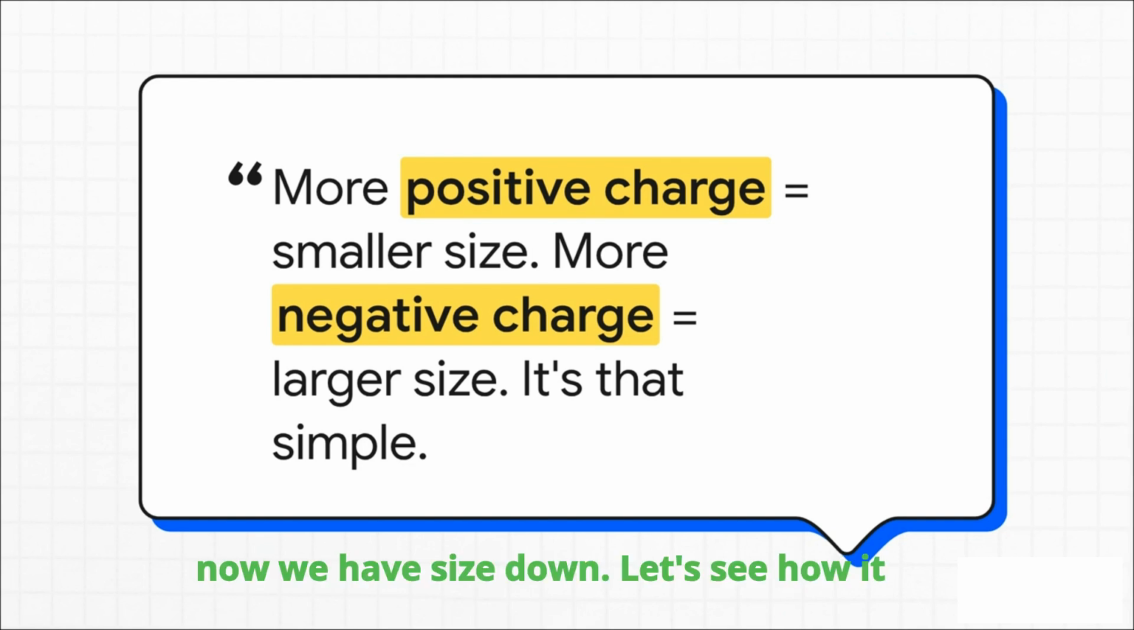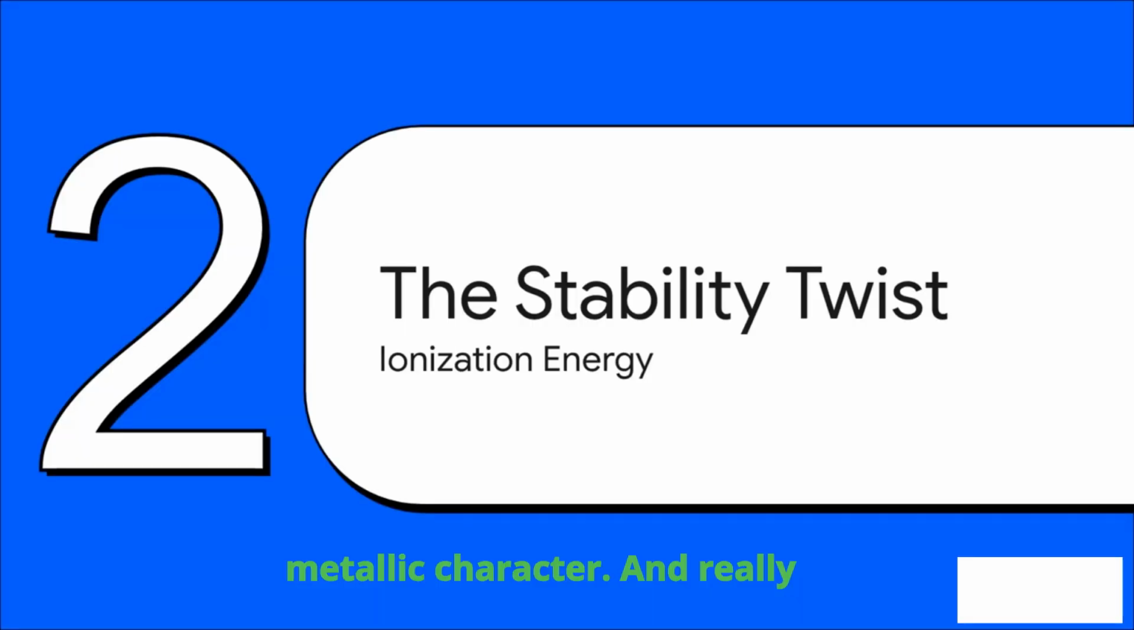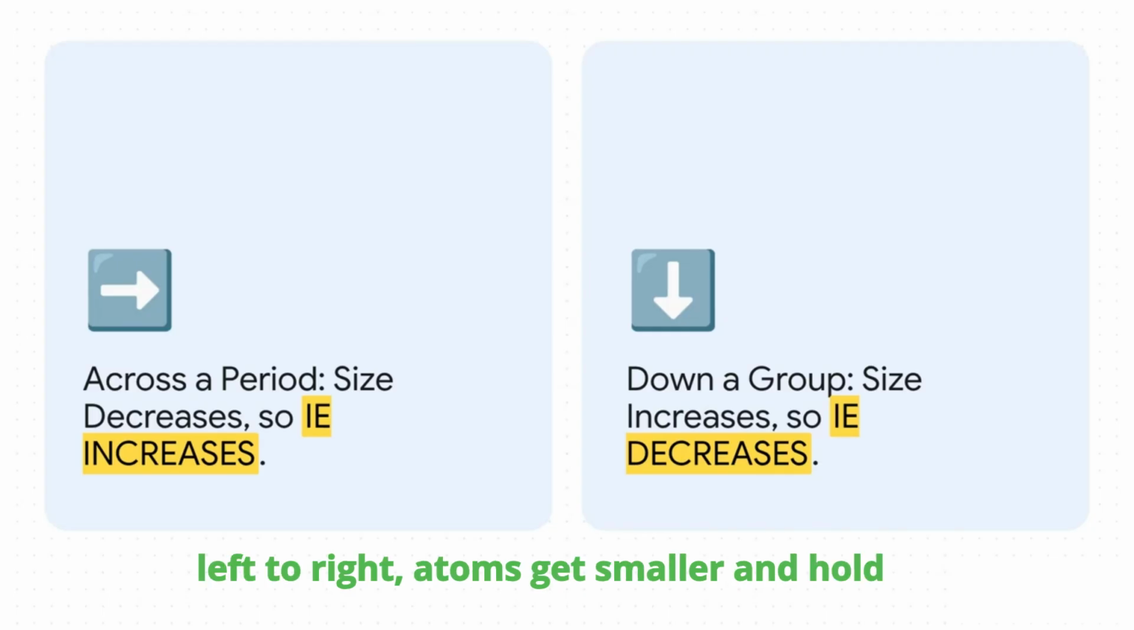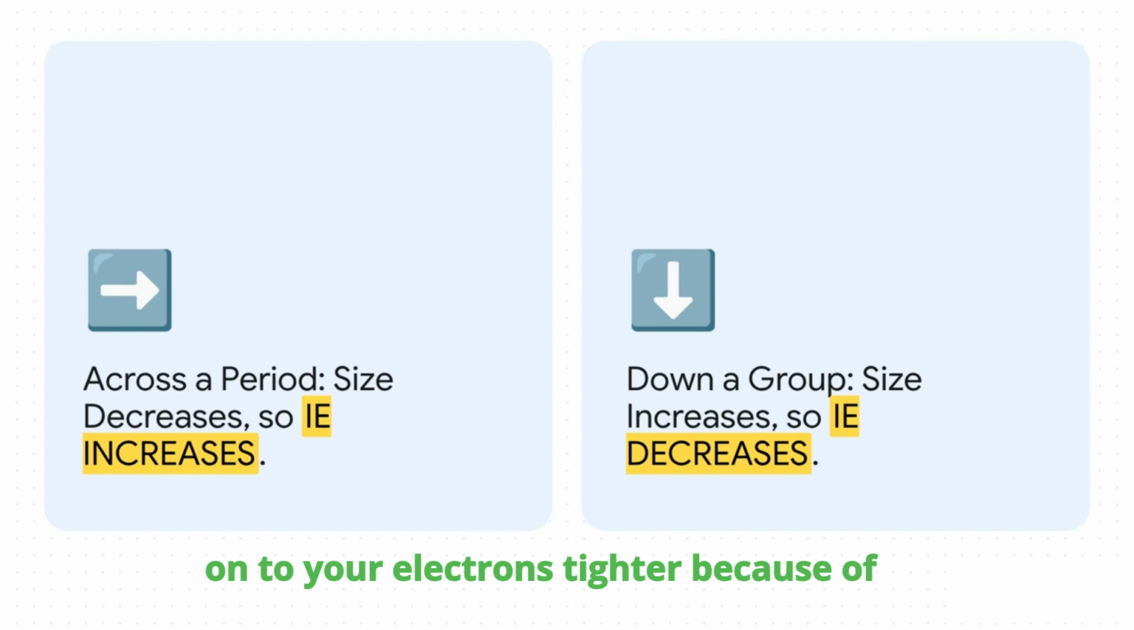Alright, now we have size down. Let's see how it connects directly to another big trend, metallic character. And really, all that means is how easily an atom gives up one of its electrons. And the logic just flows perfectly from size. As you go across the period left to right, atoms get smaller and hold on to their electrons tighter because of effective